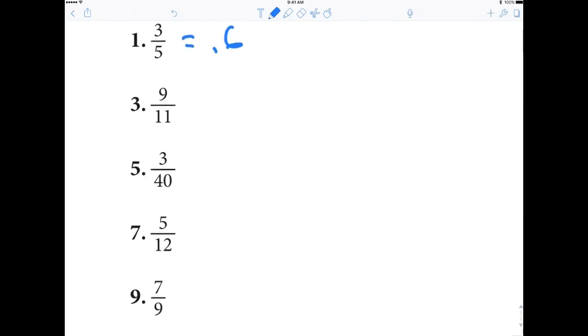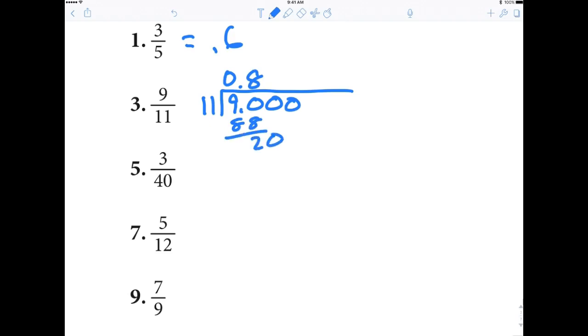So here we go. 11 goes into 9.00. I just throw up a couple zeros. Does 11 go into 9? No. Does 11 go into 90? How many times? 8 times. So I'm going to put an 8 here. And 8 times 11 is 88. Then I subtract 2, bring down the 0. How many times does 11 go into 20? Once. 1, 11, subtract. Uh-oh. Does everybody see now? It's going to be repeated. Do you agree? Yeah. So it's 0.81